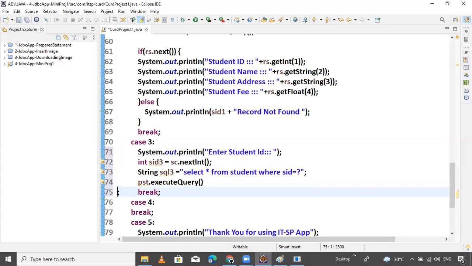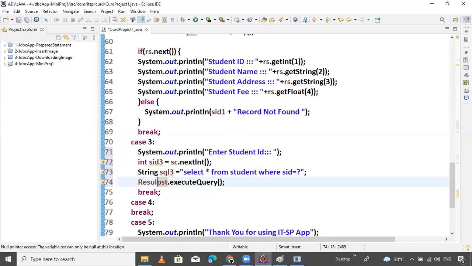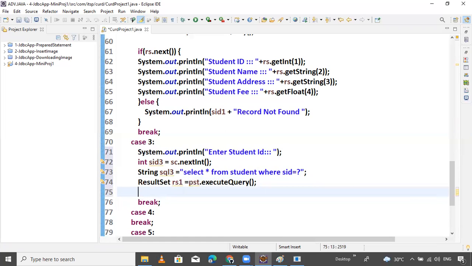Query method is there. This query method return type is ResultSet. ResultSet RS. We have already declared RS, so RS1. Okay? So check while check. Use a while loop, while rs1 dot next method is there.